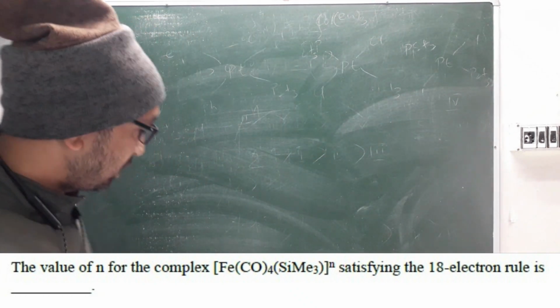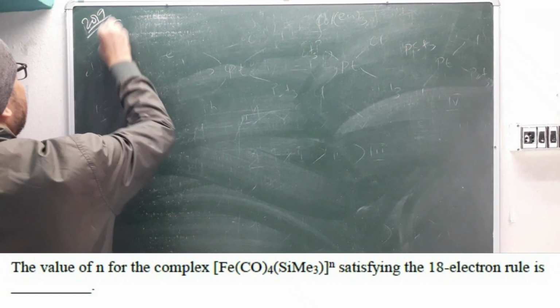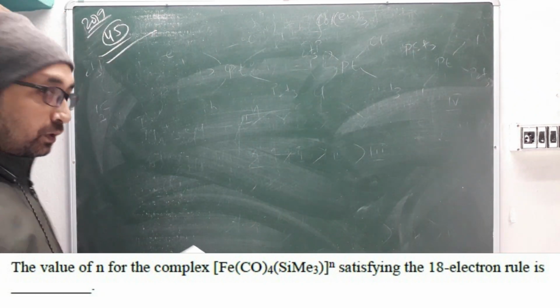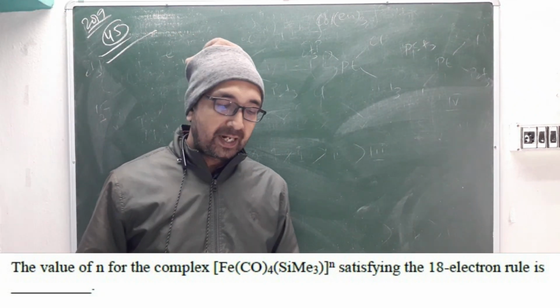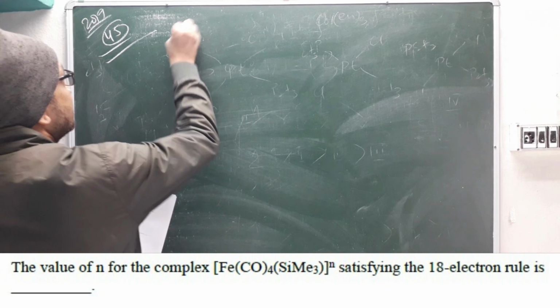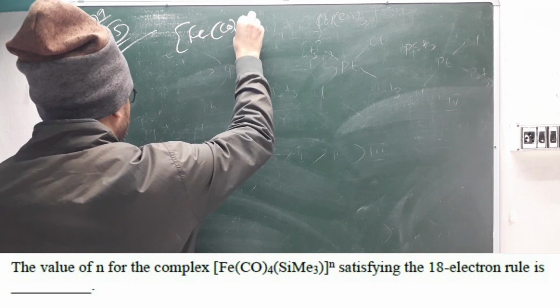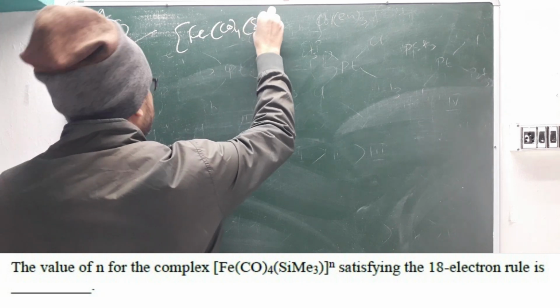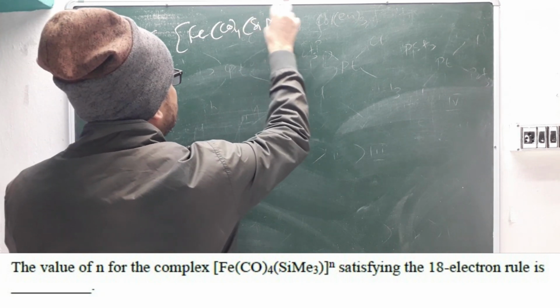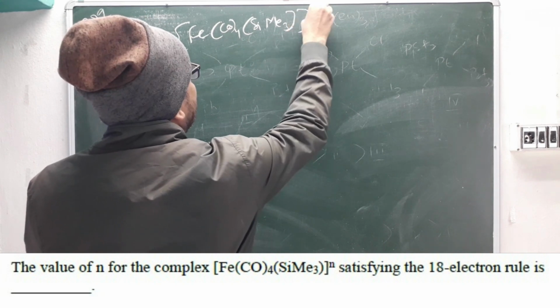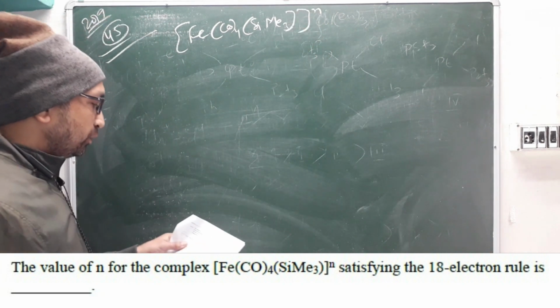Okay, so the value of n for the complex, directly they are asking for the value of n. It will be Fe(CO)4, and then instead of carbon they have written SiMe3, and here they have put n. So this n value, based on that,